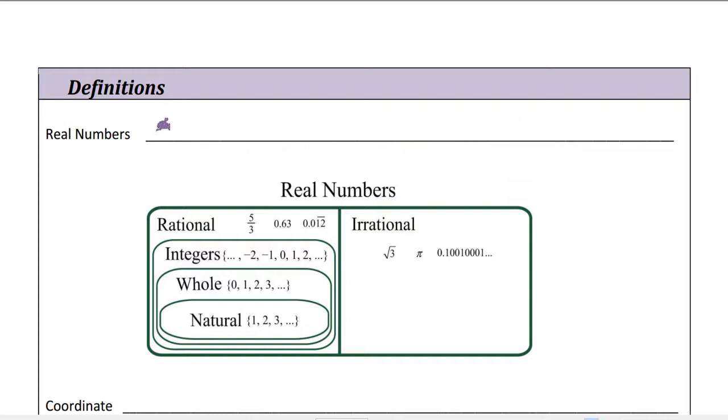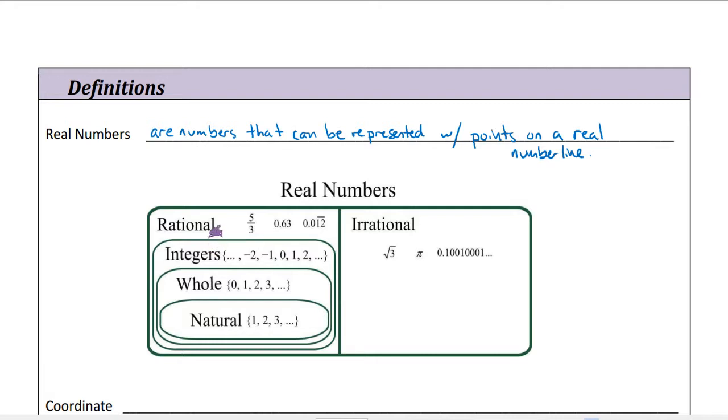So again, real numbers are numbers that can be represented with points on a real number line. All right. I will draw that below in a little bit, but just as a whole, the real numbers are